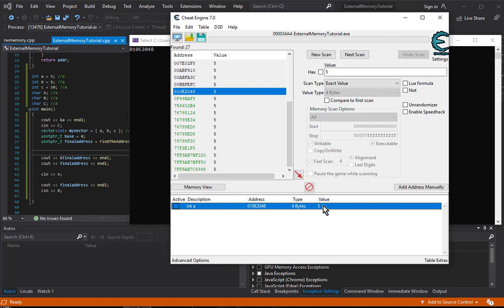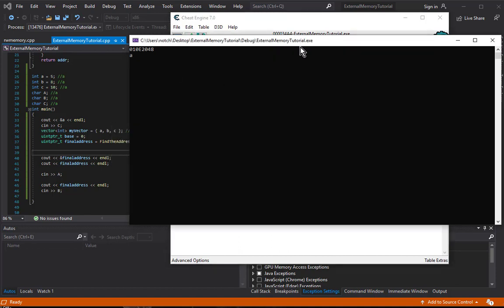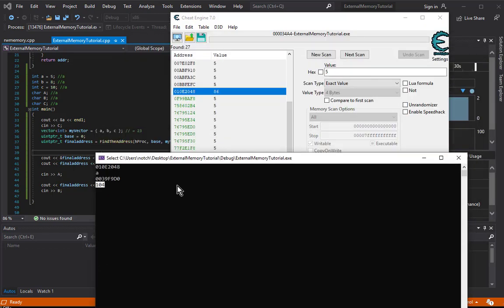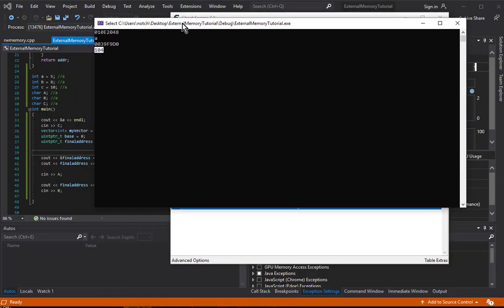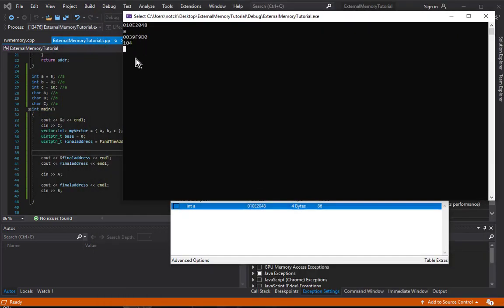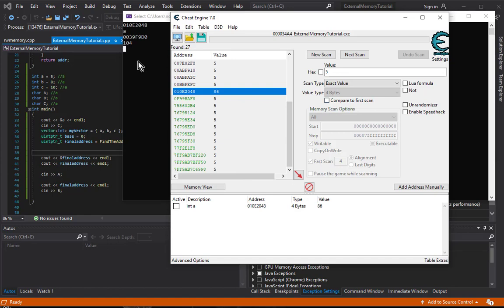So now let's change this value to 86. Let's move on with the process. As we can see, the value has changed from 23 to 104. Now that's how you know that the vector is actually holding the values correctly. And if we were to edit the vector now, we'll take this address, 104. So now if we edit the vector,